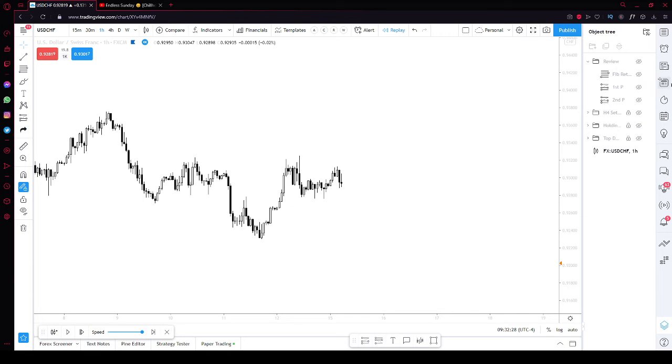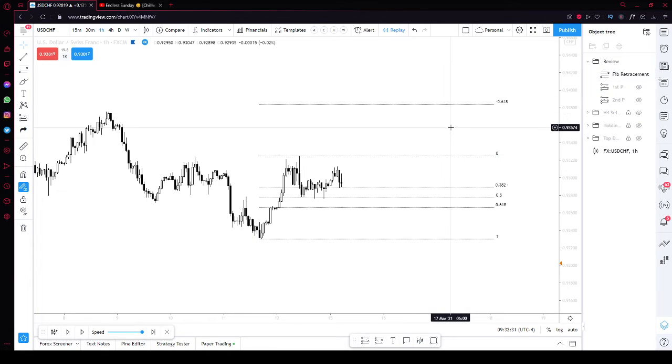So I'm going to be going over this dollar Swiss trade, one, for me to get through and review it in detail, and also for you guys to have an inside look at how I trade and how I'm managing my positions. For anyone that really knows my strategies, you know I'm really heavy on Fibonacci, at least when it comes to entries, right? For this particular setup, it was a 1 hour setup, and within this I do have a higher time frame setup that I'm looking at off the daily, and off the daily I'm actually looking for price to scale down lower. But in this instance I was looking for price to scale up and potentially break out.